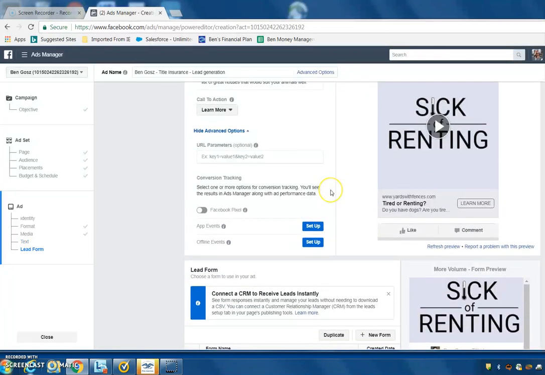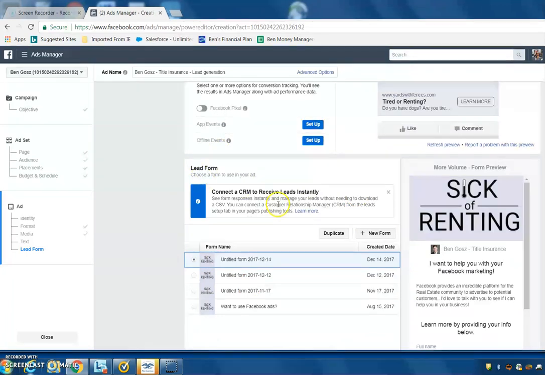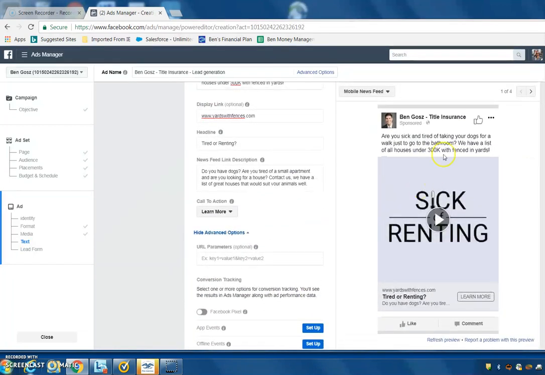So that's it for this video. The next video is going to be on building this lead form, which again is what happens after they click this ad. So let me go up